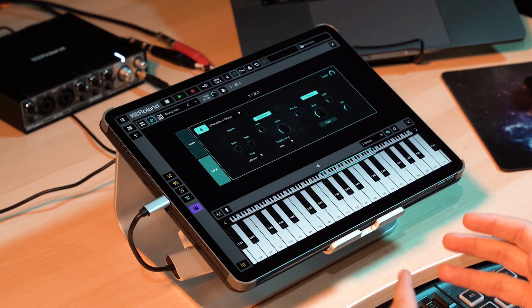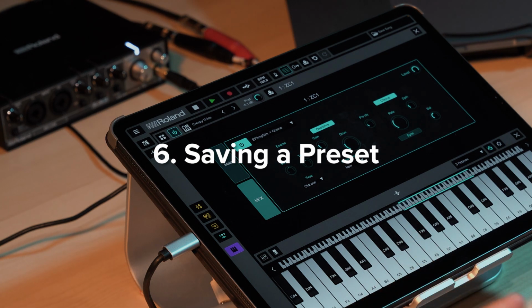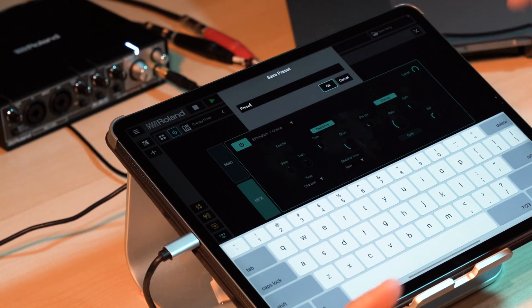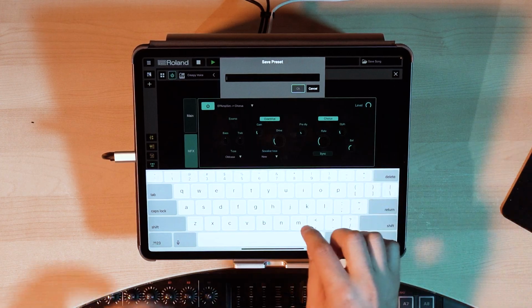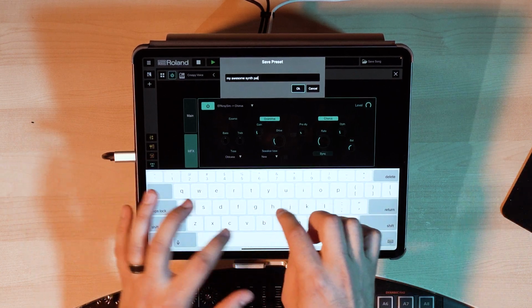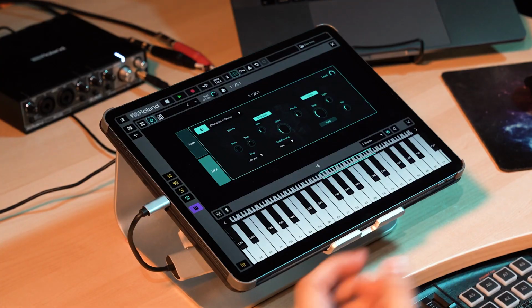Now, when you've taken a sound like this and you've completely made it your own, the next step is saving your preset. To do that, tap the plugin icon up here and hit Save Preset As and give it a name. Done. Well, we still have more to show you on